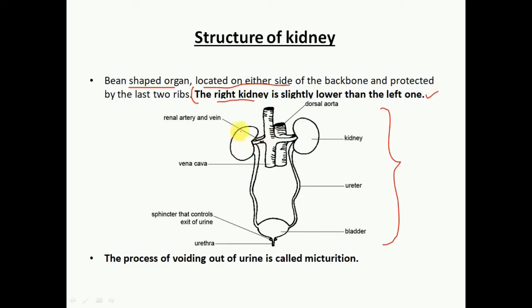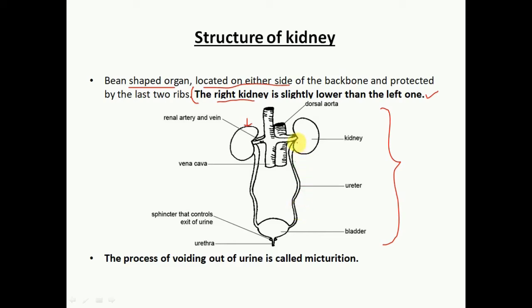Here as you can see, this one is our right kidney. From your perspective it will be left, but according to human physiology, this one is the right one. So this one is a little bit lower as compared to the left one. Okay, why? Because the liver pushes it down. So these are the two kidneys. This is our renal artery and vein, which carries the dirty blood to the kidney and takes away the pure blood after the urine formation. Now this tube-like structure is our ureter.